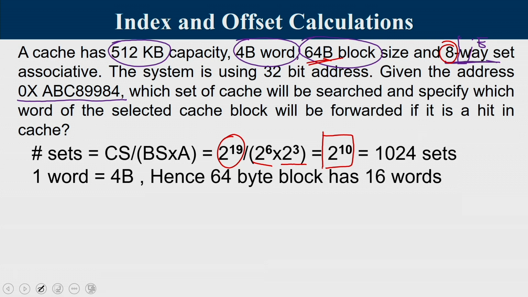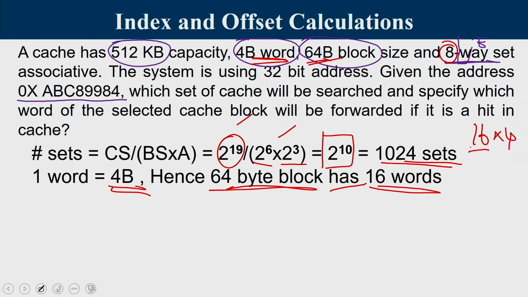You have to understand both denominator and numerator should be in bytes, not in words. In this context, the word property is not used, we will use it a bit later. So, 2 power 10 is 1024. This particular cache has 1024 sets. Now, one word is 4 bytes. So, a 64 byte block means I am keeping 16 words there, because 16 times 4, 16 words, each word is 4 bytes, together is the 64 bytes that I am talking about.